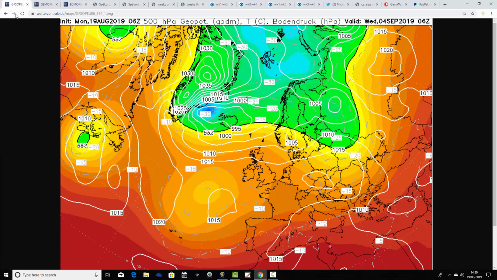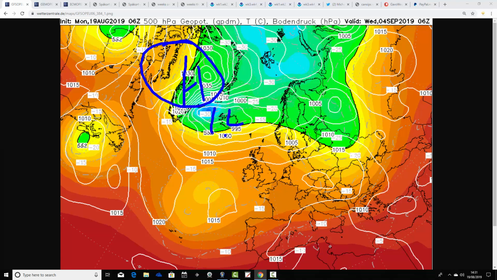So we finish up this GFS run on Wednesday the 4th of September, still just about under a ridge actually, but over time it looks like this high pressure going further and further north. It's starting to hint at becoming a bit of a northern blocking feature heading up towards Greenland. And if we could roll on any further than this, I suspect what we'll find is that this ridge would strengthen